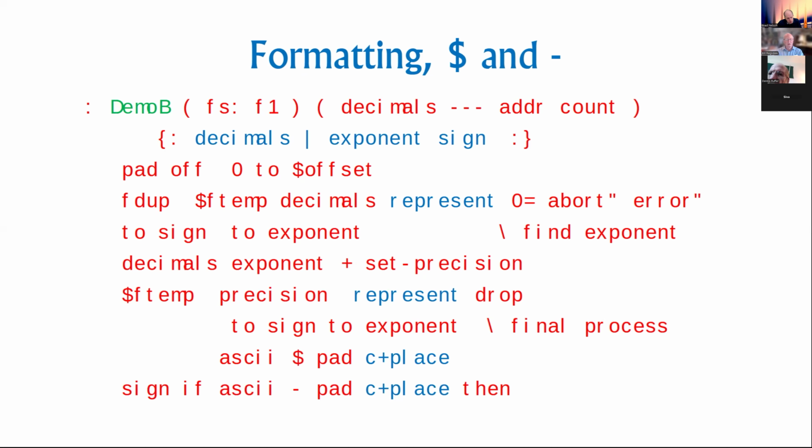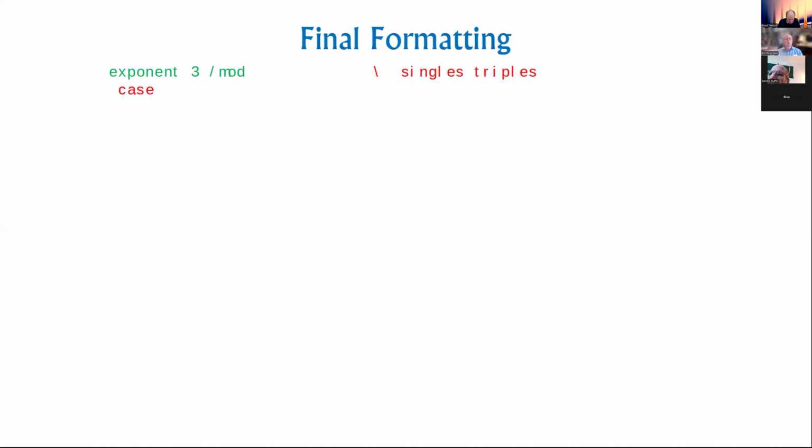Since we're going into a numerical format, we do the ASCII plus pad C place. That puts our dollar sign out in front. And then we call the sign local. If it is true, non-zero, it means we have a negative value. So in that case, we apply the ASCII minus sign, and then C++ puts it into the input string. So now we've taken care of the dollar sign and the optional minus, and now the remaining of the word